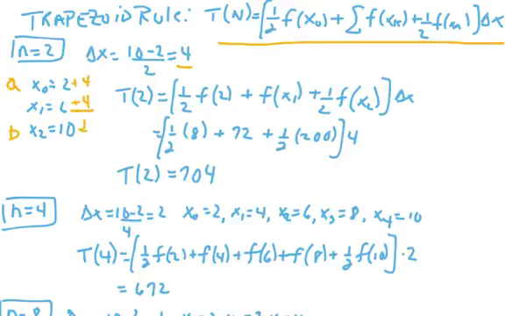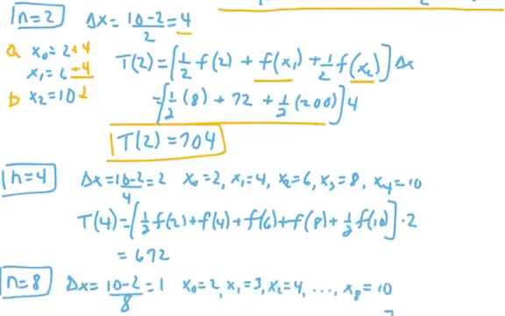So now just using the formula, 1/2 f of x0, which is f of 2, plus f of x1, which is f of 6, and then plus 1/2 f of x2, and that quantity added together and multiplied by delta x. So that comes down to evaluate it here, and T of 2, the trapezoid rule, is